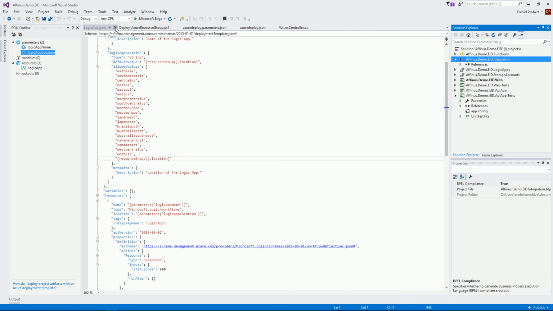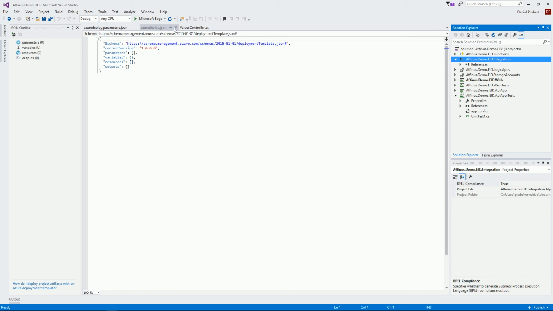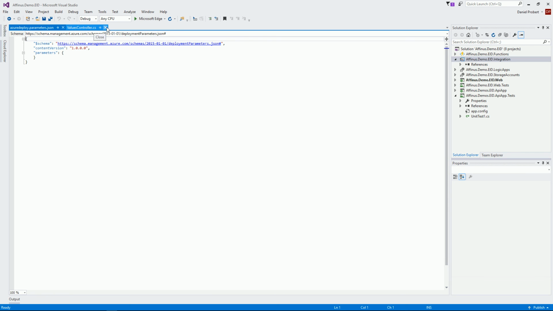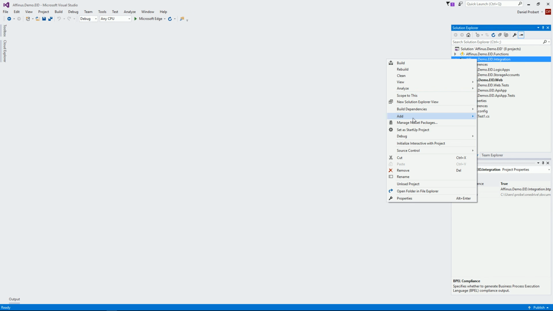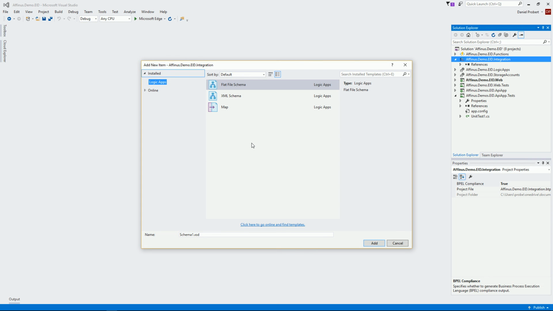But from here, if I close down these other windows so it's more clear, from here I can right click and I get some new options to add. So when I go add new item, I can only add 3 things. I can add a new flat file schema, and that's going to bring up the well-known and well-loved BizTalk flat file schema wizard. I can add new XML schema, and that will bring up the BizTalk schema editor, or a new map, and that will bring up the mapper. Notice that I can't add anything else. There's no support for adding any other